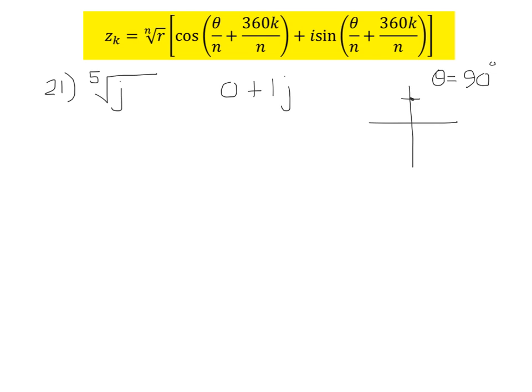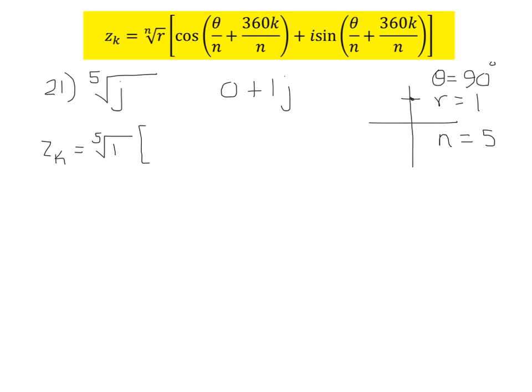That point 0, 1 is one place away from the origin of the complex plane, so r is 1. And n is the roots we're finding, and in this case we're finding the fifth roots, so n is 5. So when I go to write the formula that I'm going to use to find these 5 fifth roots, I'm going to substitute those values in for theta, r, and n. So z sub k will equal the nth root of r, which will be the fifth root of 1, times,